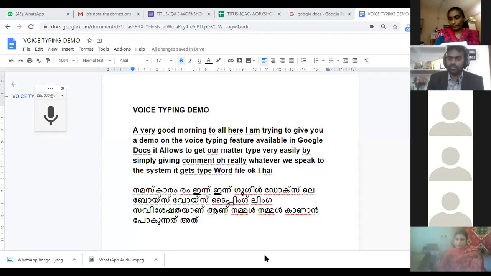We'll do it later. For taking a screenshot, what should I do? On your keyboard you have a print screen option, on the top, just above control, in that row. Press print screen, then come to WhatsApp and just paste it, or email also. We'll do it later. Okay, fine. Thank you.